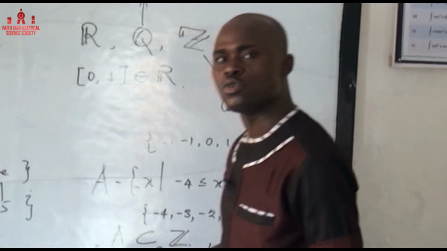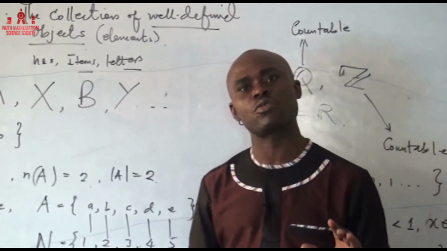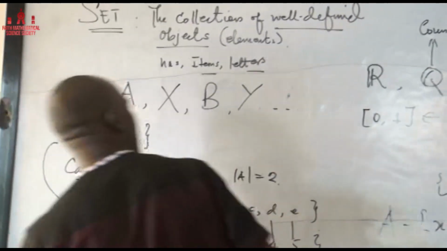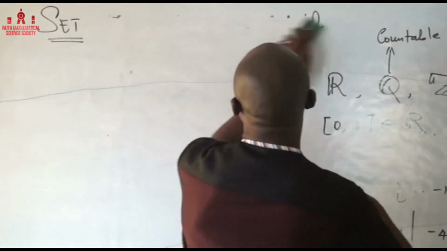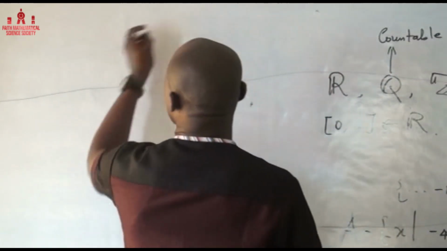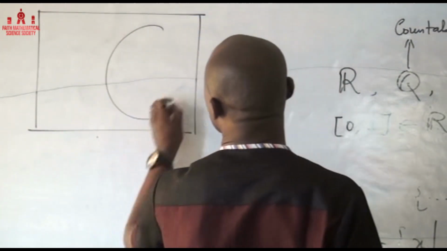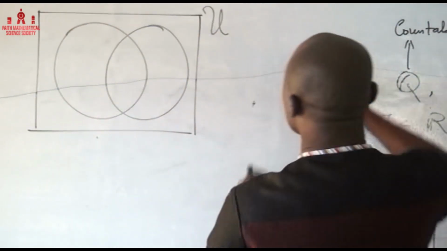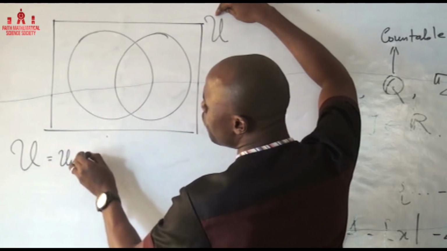One of the ways that is very good for representing set theory is with a Venn diagram. If you want to understand the concept of the Venn diagram, you just have to draw a rectangle. So let me do that illustration here. Let's take this as a rectangle, a square, whatever you want to think of. Let's just look at 2 circles. Here you have a notation like this. I'm going to call this the universal set.